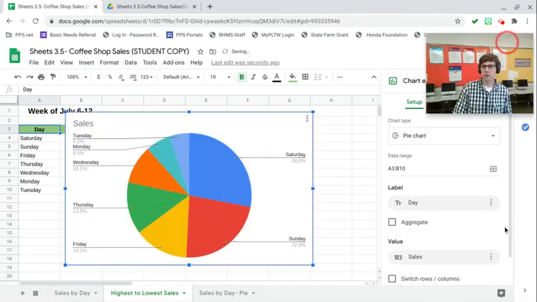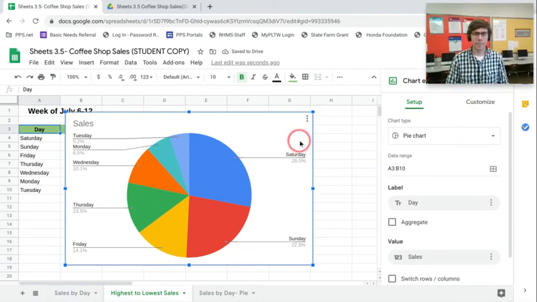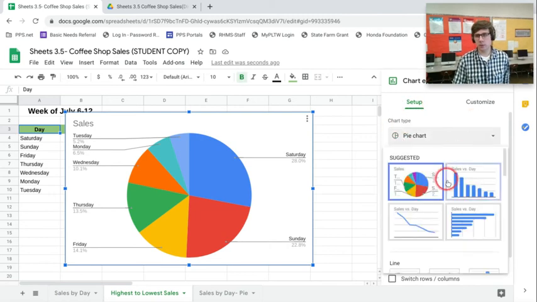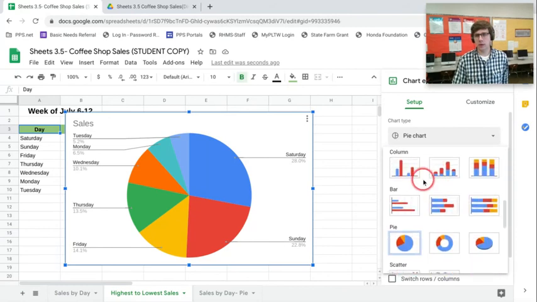I'm going to drag my video up to this corner. All right, so it tried to be smart because it knows that we used a pie chart last time, but this time we don't want a pie chart, so we're going to change our chart type. So we're in the setup menu. It should automatically take you here. Then we're going to change chart type by clicking on the menu, and we're going to scroll down until we see column. We're going to be in a column chart this time. So the first one in column,